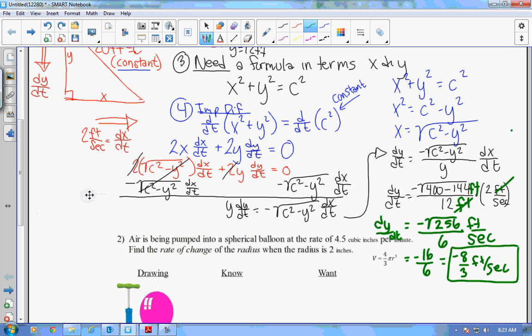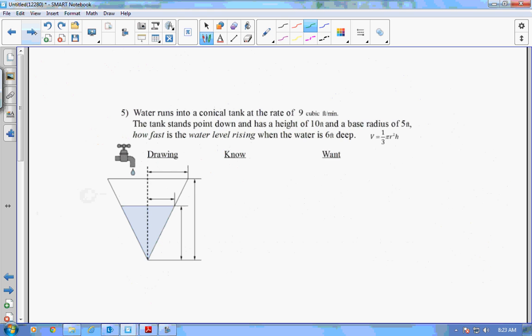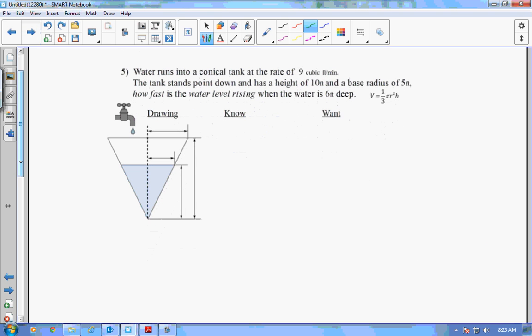Okay, let's start you off with number 5. So we've done a sliding ladder. We've done hot air balloon rising. Now we're having something coming in: water going into a cone. That's good stuff. But I'm definitely going to start you out because there's a long way to do it and a short way to do it. If you realize the short way, your life will be easier. Okay, water runs into a conical tank at the rate